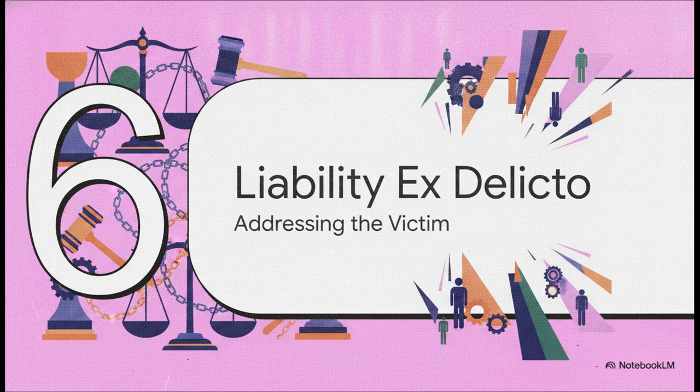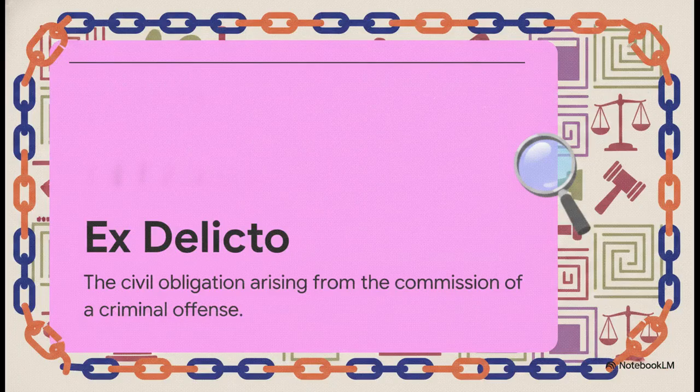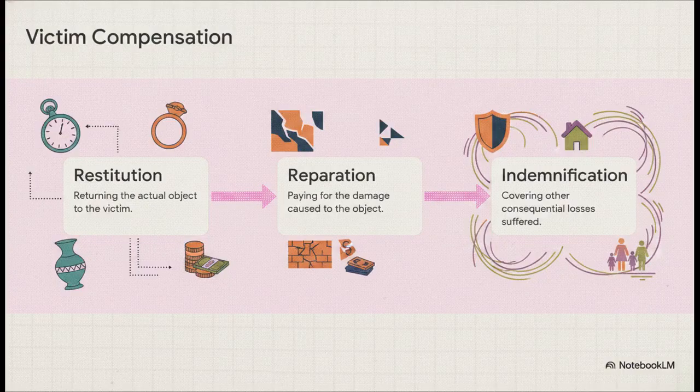For our final act, Section 6, Civil Liability ex delicto, because the story definitely doesn't end with just the state and the offender. Here is a fundamental rule. Every single person criminally liable for a felony is also civilly liable. And here's the kicker. Even if an offender is legally exempted from criminal liability because of minority or insanity, that civil obligation to the victim often survives anyway. The law ensures that the actual material harm caused to the victim is addressed, whether primarily by the offender or subsidiarily by someone else.